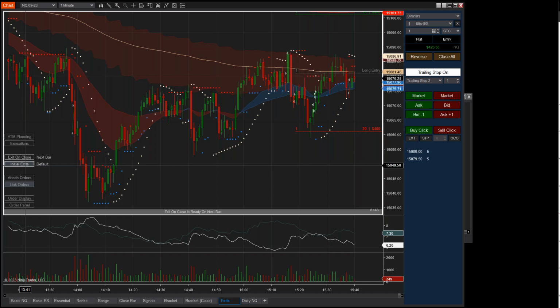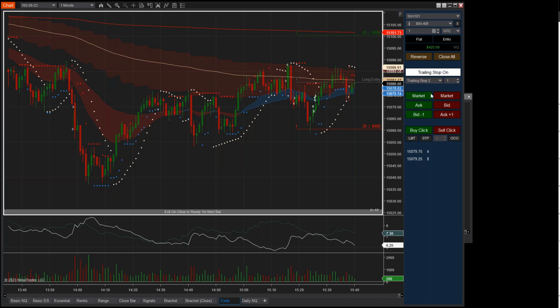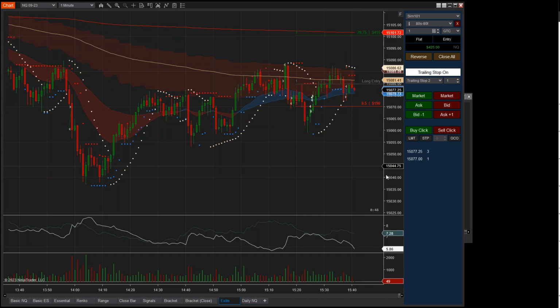And let's see, the last thing I want to show you here is actually in conjunction with the ATM strategy planning. So you can see as I hover these market buttons, I do have the ability to plan my exits, right? So this is a big advantage over, like, if I'm trying to go short here, I may want to tighten a stop above this high, but I'm going to want to keep my target down here for a retest of this low. Or for example, if I'm going long here, looking like a bullish flag, I could adjust my stop to right below this low, and my target would be at the VWAP.